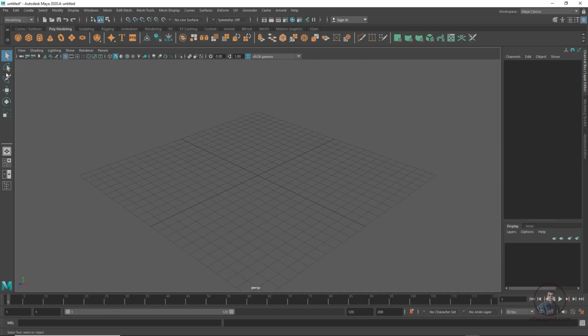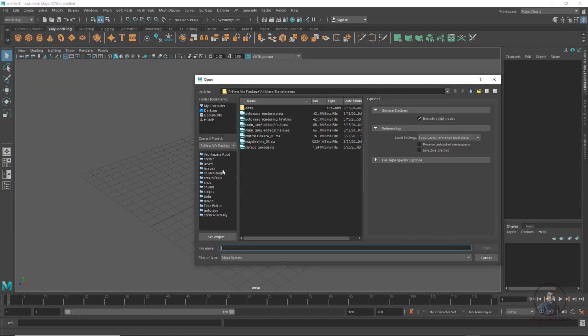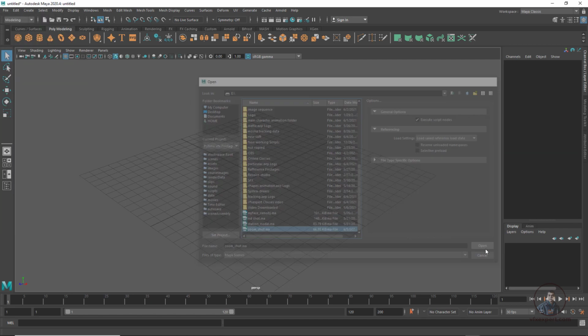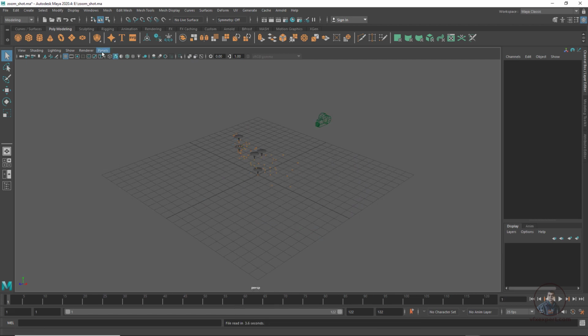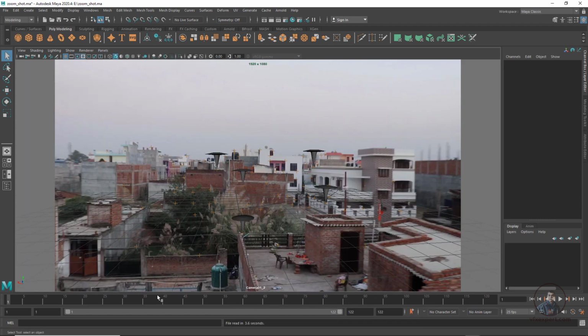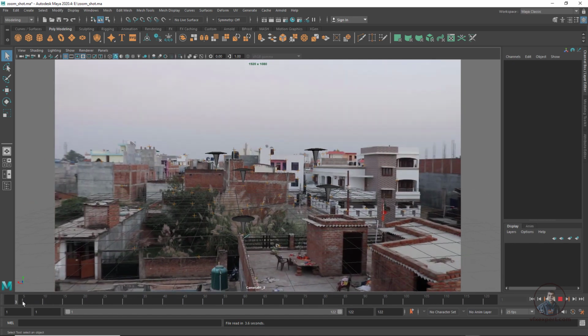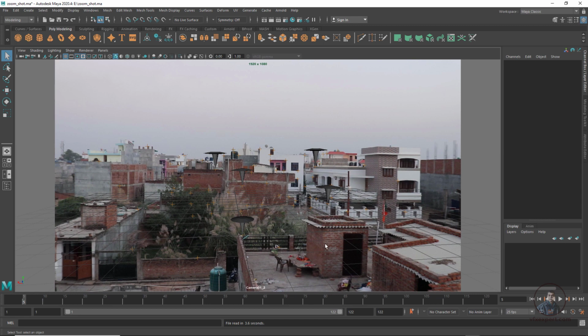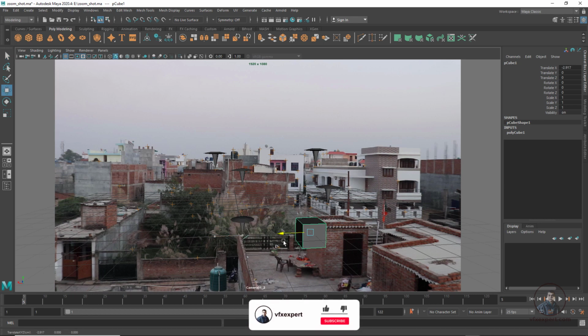So now come here in Maya just for testing purposes. Now here in Maya, click on file, open and select your scene. Then simply click on open, don't save. So now here I have imported, then click on panels and select camera view. So now just play and check. So now here I have imported our camera data in Maya. Then just for testing purposes, take a cube, and press W and move it here.